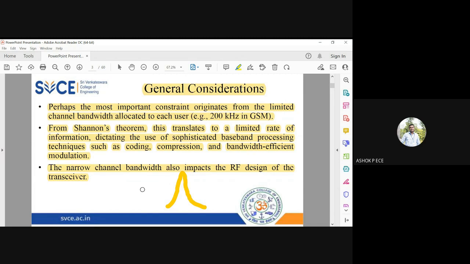So the narrow bandwidth of the device is going to impact the design of the transceiver. That is the one drawback you have in the